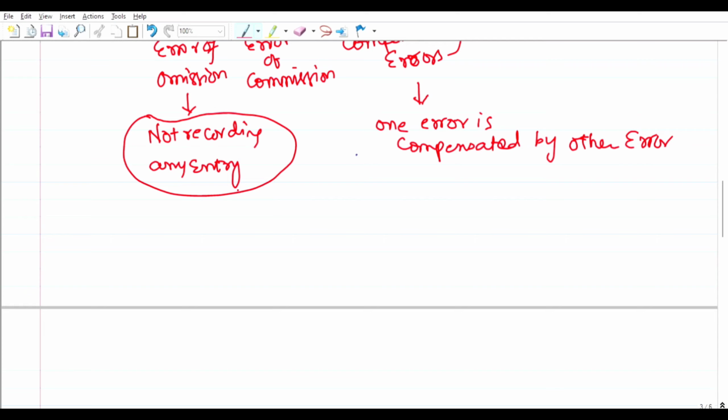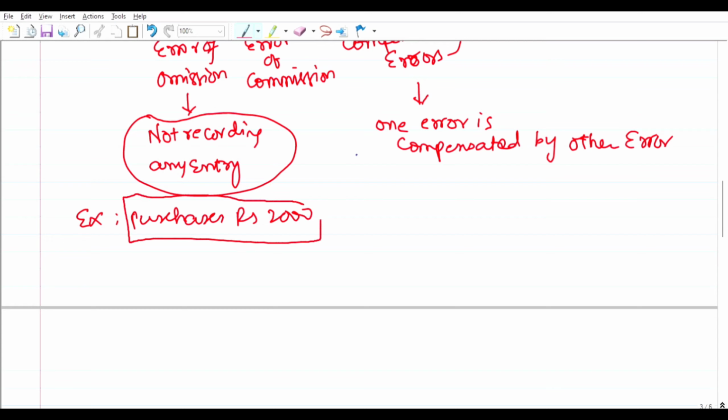Not recording any entry. Example, purchases rupees 2000. Here don't think that these are credit purchases. You can take it as credit purchases or cash purchases, anything, but this entry has not been incorporated, due to which nothing will happen, right? And one more thing, after discussing error of commission, we are also going to say one thing which is most important,